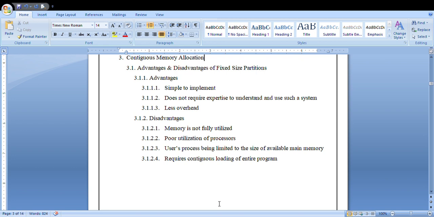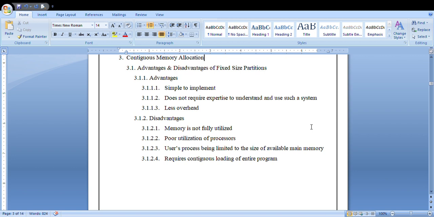Once it is loaded into memory, the rest of the memory will be divided into fixed partitions. Whatever the memory is sliced into, it will be in a fixed manner. The space is fixed. That is your fixed size partition.